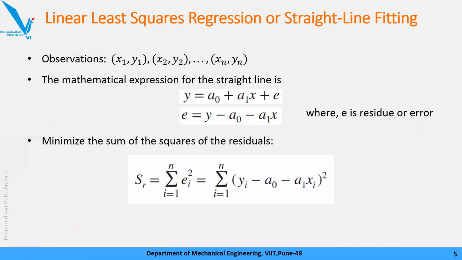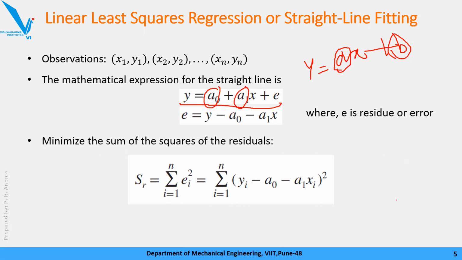And if you would like to minimize this, what can we do? The ultimate aim of this part is getting this equation, trying to fit the data to obtain the equation y equals ax plus b. This is our aim. Here we would like to find a and b such that the error is as small as possible. And how can it be smallest? When we implement the least square technique, the least square regression.